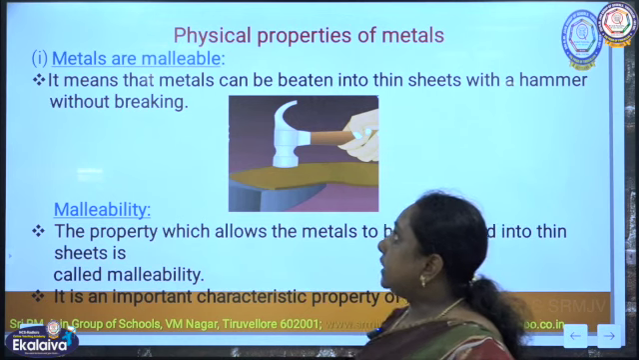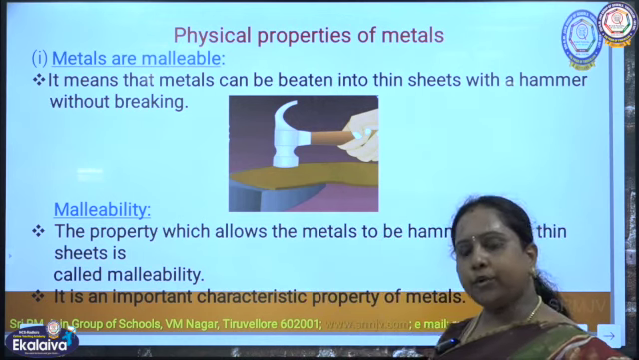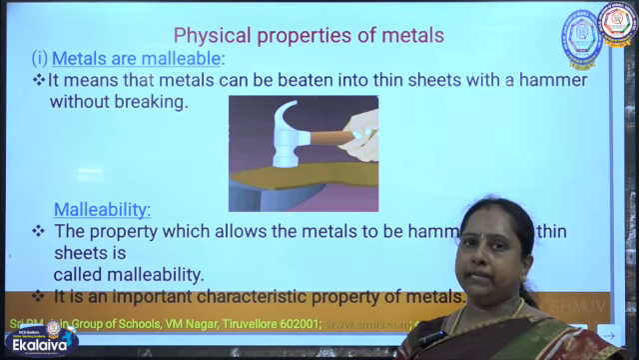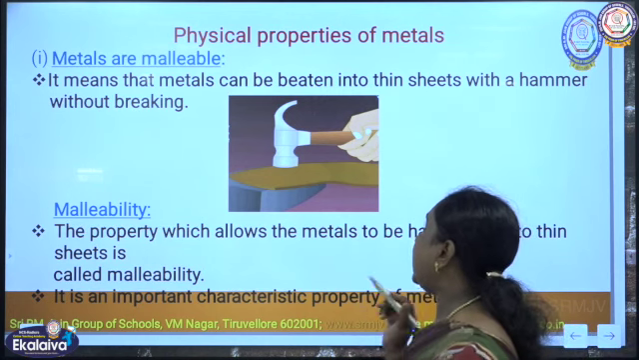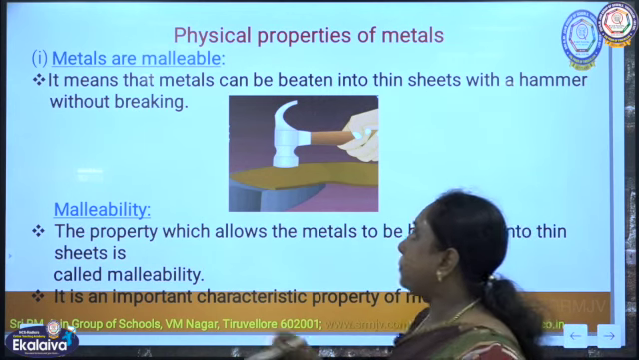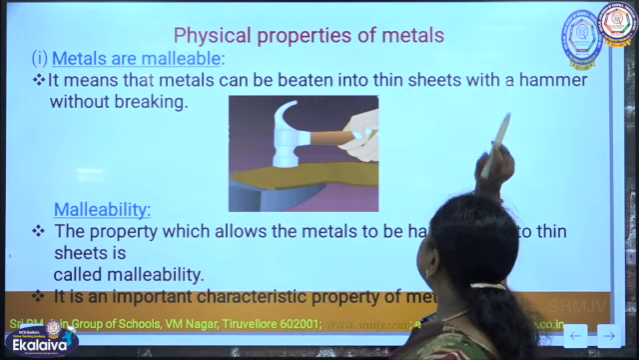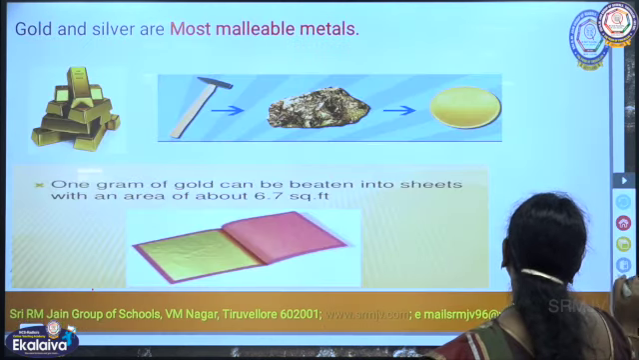Next physical property: the metals are malleable. Already I told you that malleability is the main characteristic property of the metal, where the metals can be made into thin sheets by hammering without breaking. So, what is malleable? Metals can be beaten into thin sheets with a hammer. Actually, whenever a hammer is used,